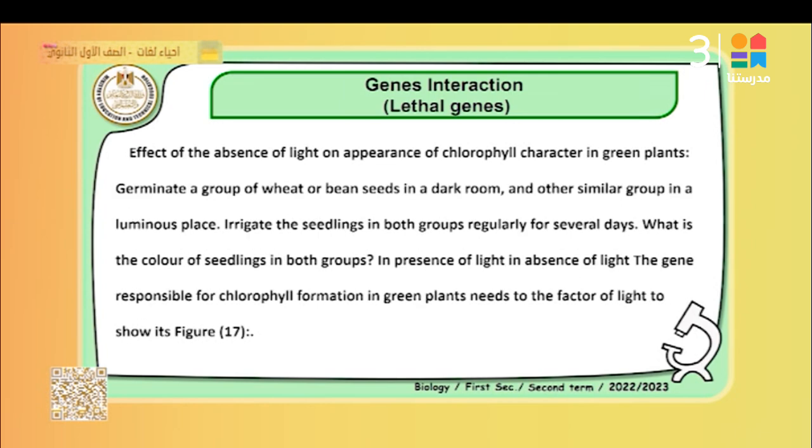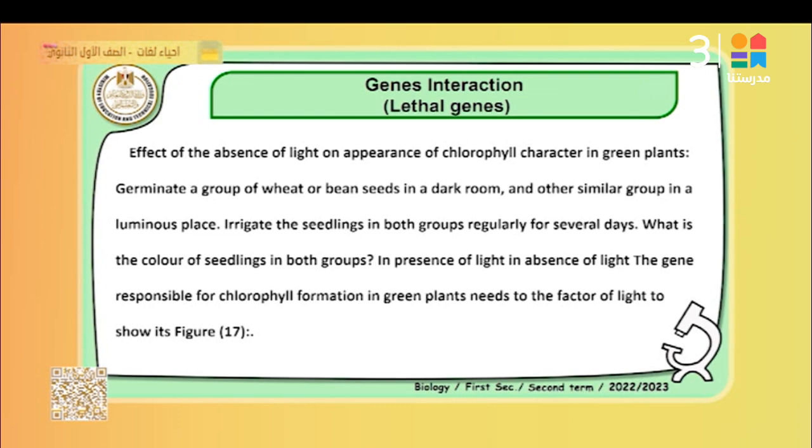Effect of the absence of light on the appearance of the chlorophyll character in a green plant. Germinate a group of wheat or bean seeds in dark rooms. Absence of light means that light plays an important role in the photosynthesis process, concurrently with the chlorophyll. Chlorophyll absorbs light and transfers it into chemical energy through the process called photosynthesis. Inshallah, we will discuss it in the next years. Okay, second